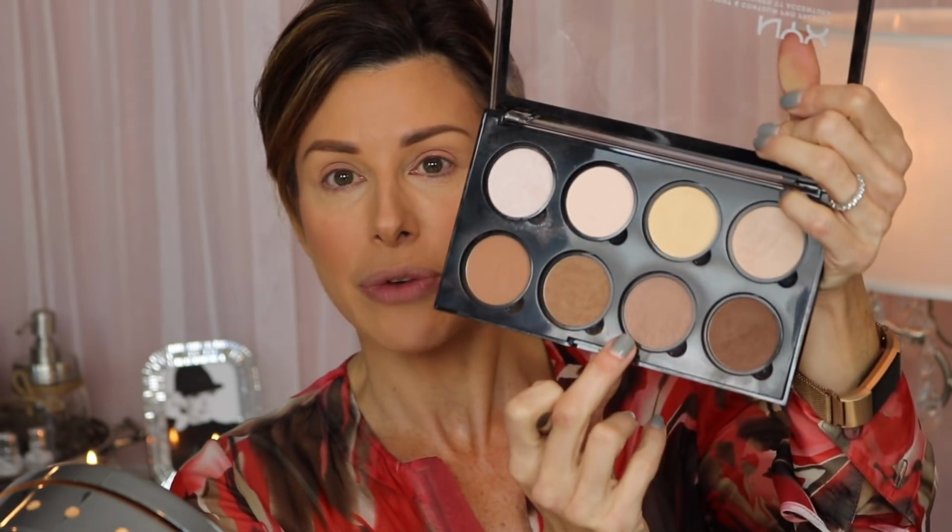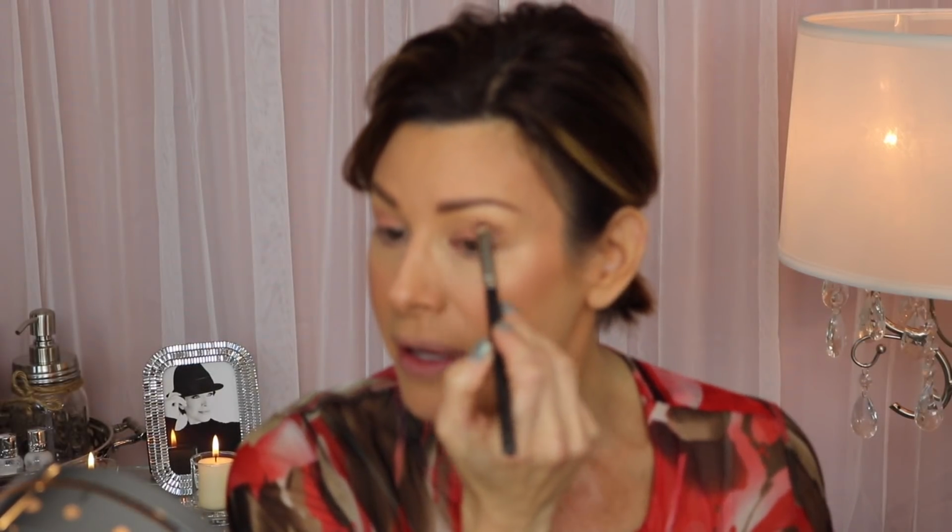So what I'm going to do is take a couple of these browns, and I'm now going to go a little bit in the hollow of the eye, carve that out, because as we mature, we tend to get droopy eyes. So sometimes we need a little bit of a lift there. And I'm going to take this lighter brown shade right here in the contour kit. It's the one next to the dark brown. And put that on my brush. And now I'm going to go right here into the crease of the eye, very, very lightly,